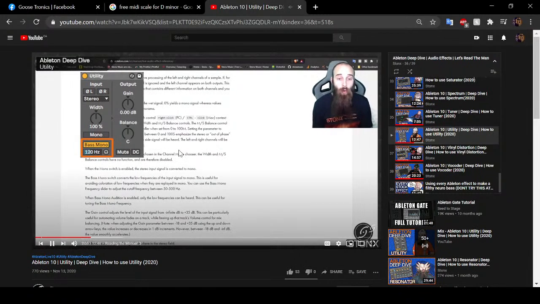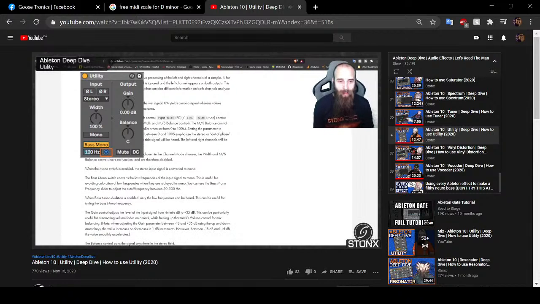When bass mono audition is enabled, only the low frequencies can be heard. This can be useful for tuning the bass mono frequency. The gain control adjusts the level of the input signal from -infinite dB to +35 dB. This can be particularly useful for automating volume fades on a track, while freeing up that track's volume control for